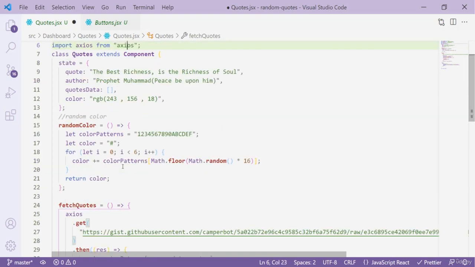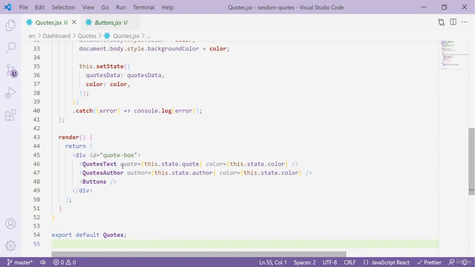Now there is another piece of code that we need to add, and that is going to be handleClick. Whenever a user presses that he or she needs another quote, we have to provide another quote, right? So that's what we are going to do. So let's make another method and name it